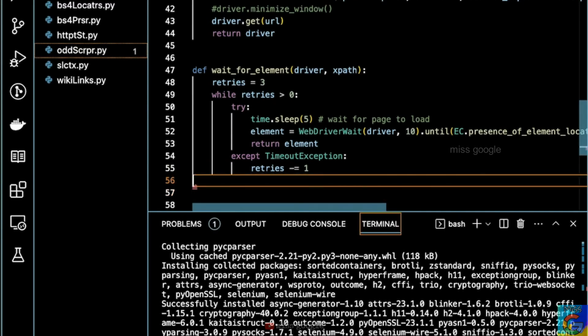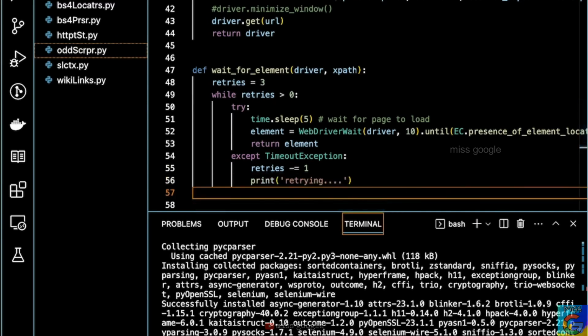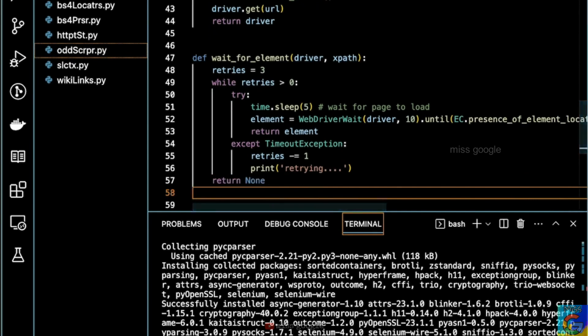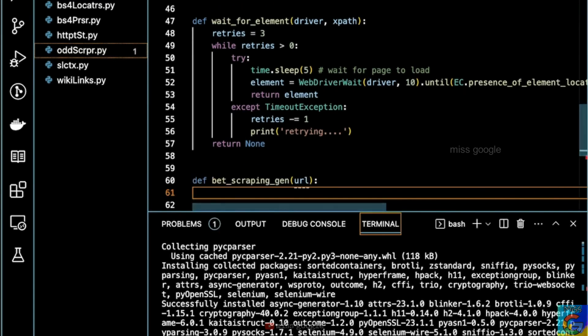And this will be based on the number of retries that we set above. In the while loop, we'll test if we've gone past 3 retries, after which it will